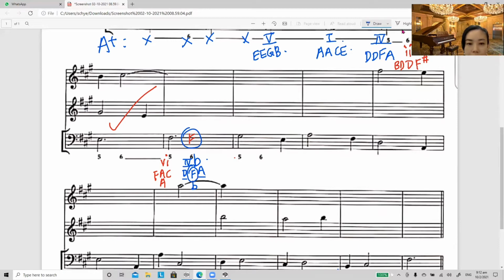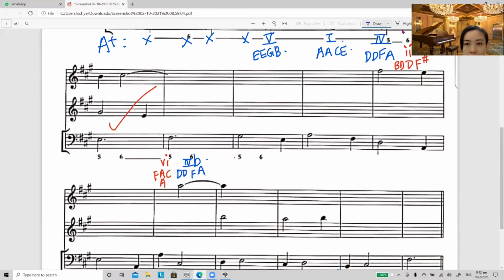So in this chord, F is position B. First inversion is position B. So this is the 4B. So D, F, A, a major chord first inversion, according to the rules of doubling, we double the first note. Next chord is